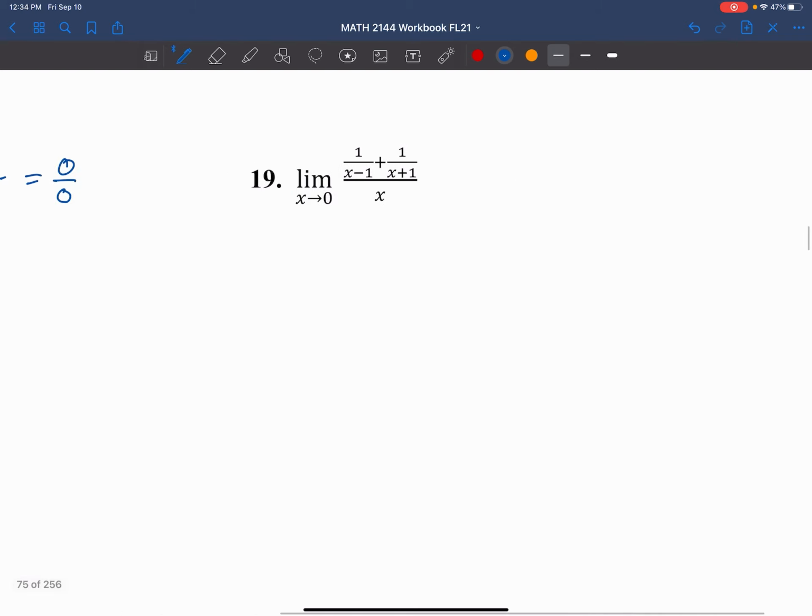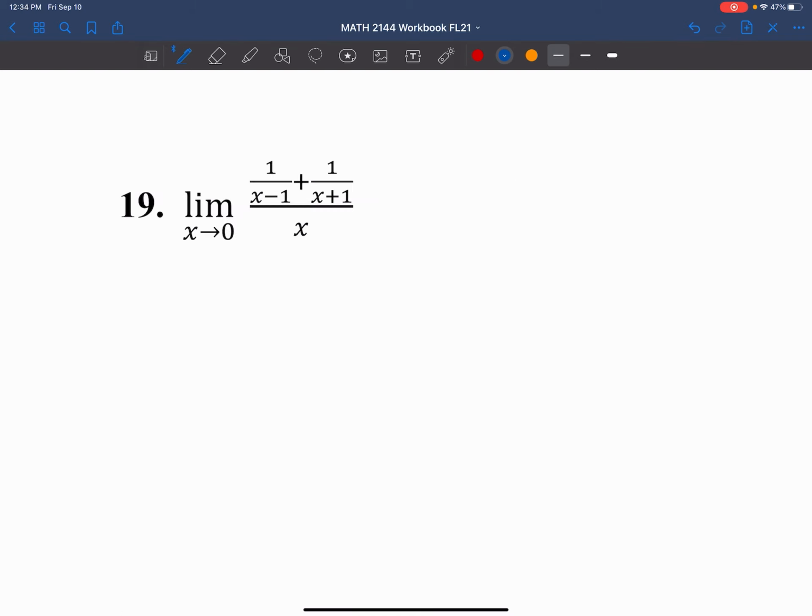Okay, number 19. Boy, this one is really just all cut up, isn't it? Fractions everywhere. This is sometimes referred to as a compound fraction. To figure out compound fractions, there are various approaches you could take. My suggestion is to always try to get common denominators in each part. So if you look at this, we have the numerator, and in the numerator, we have two fractions. So what you can go ahead and do